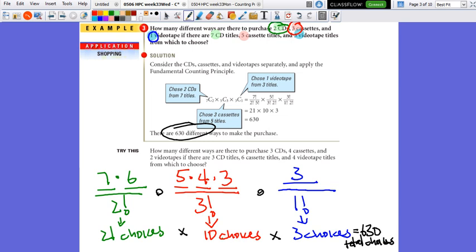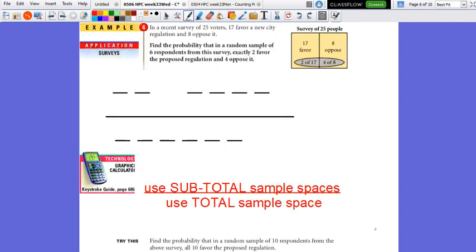Choices, ways, combinations, you can use either one of those. Okay, last example. All right, now let's look over here. In a recent survey of 25 voters, 17 favored a new city regulation and 8 opposed it. Find the probability that in a random sample of 6 from the survey, exactly 2 favor the proposed regulation and 4 oppose it. Okay, so when it comes to probability,